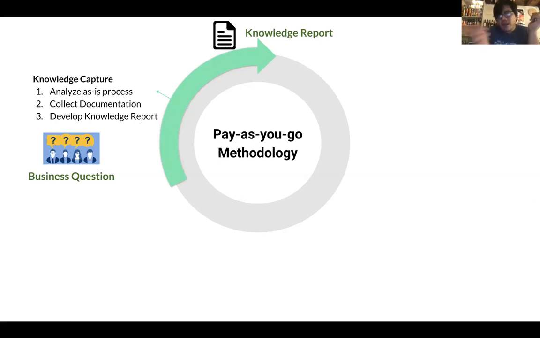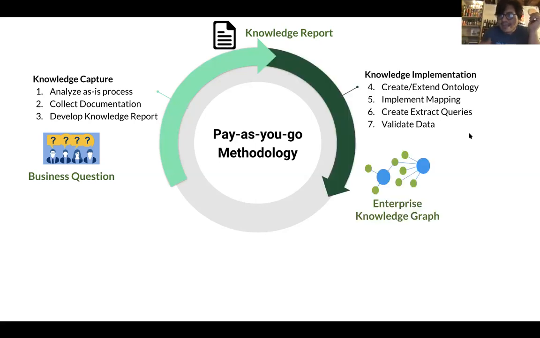And then from there, if it passes, if it's accepted, you go off and implement this knowledge. At that moment, you start creating your target, creating the mappings from the source, generating your knowledge graph, validating the data. The output of this second step is the knowledge graph. And again, at this point, people are validating. There's another set of peer review that occurs to make sure the data is actually useful.